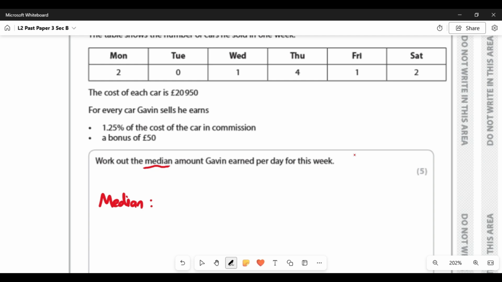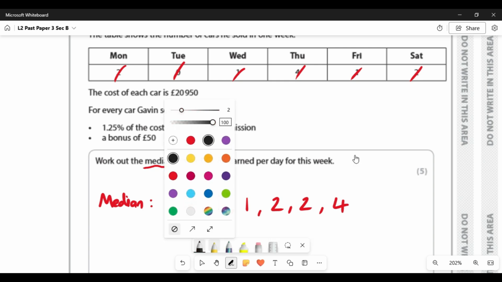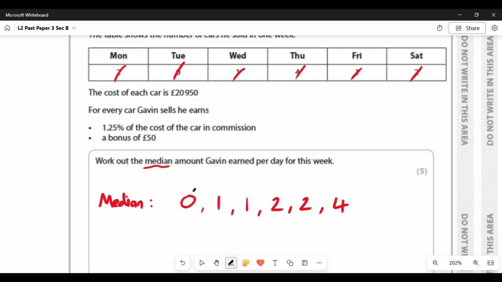Let's put them in order. So obviously you've got 0, 1, another 1. There's 2 2s. And there's a 4. Okay, and then you just cross them off the list. Let me just do it in a different colour. From either end,